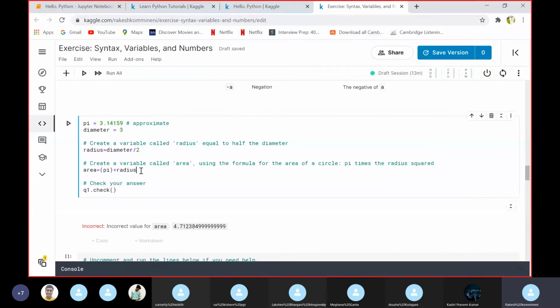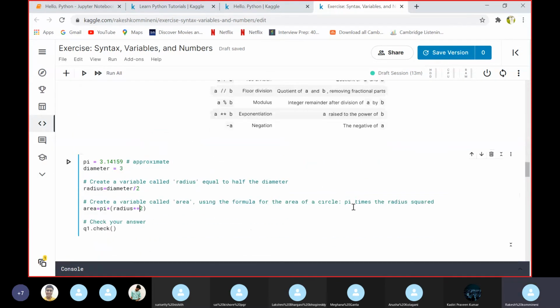Pi times the radius squared. So as they mentioned, pi times the radius squared.